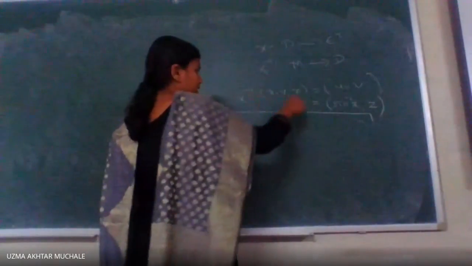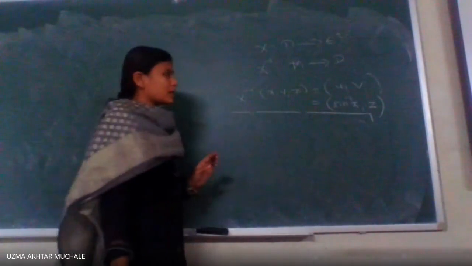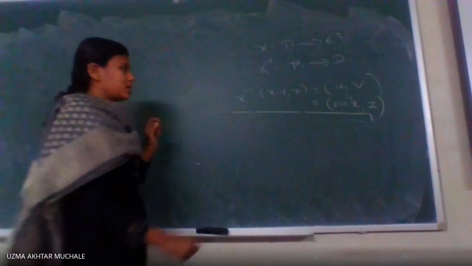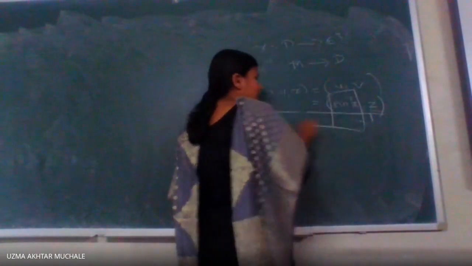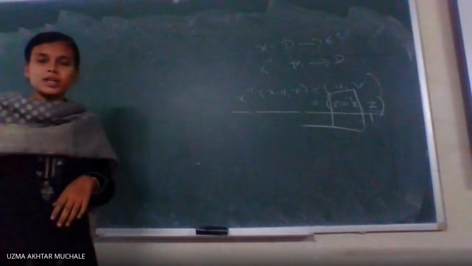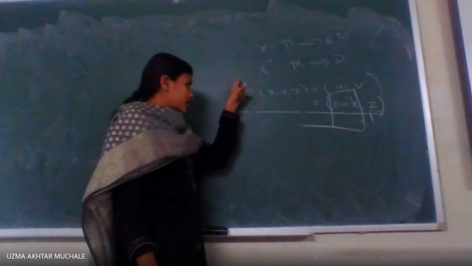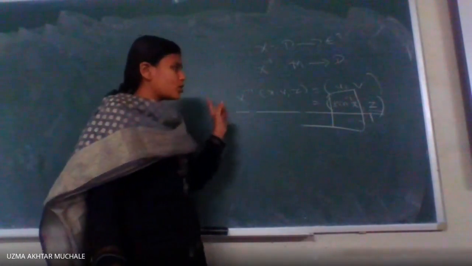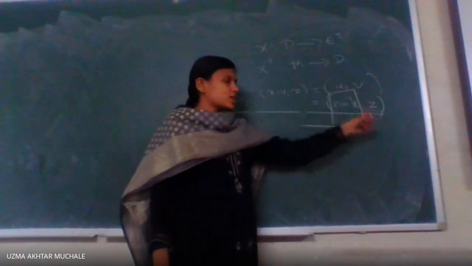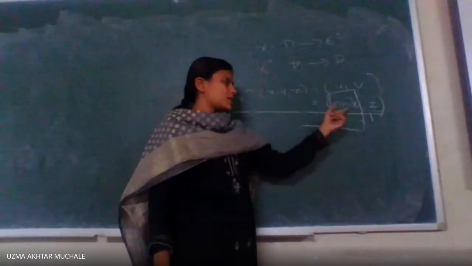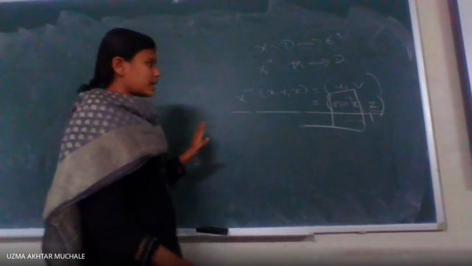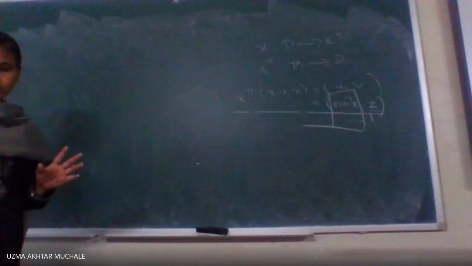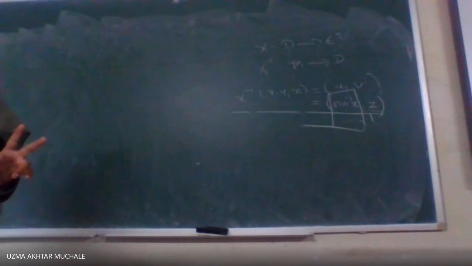So hence we get x inverse of (x, y, z) is equal to (sin inverse of x, z). Now no doubt z is continuous, but we have to verify whether sin inverse of x is a continuous function, because the inverse x inverse is continuous only if its coordinate functions are continuous. But what about sin inverse of x? Is it a continuous function in the provided domain?